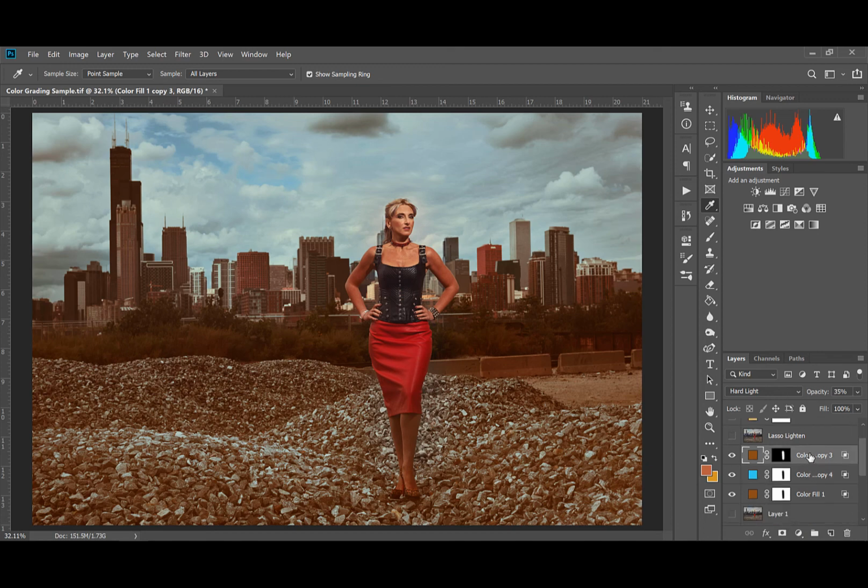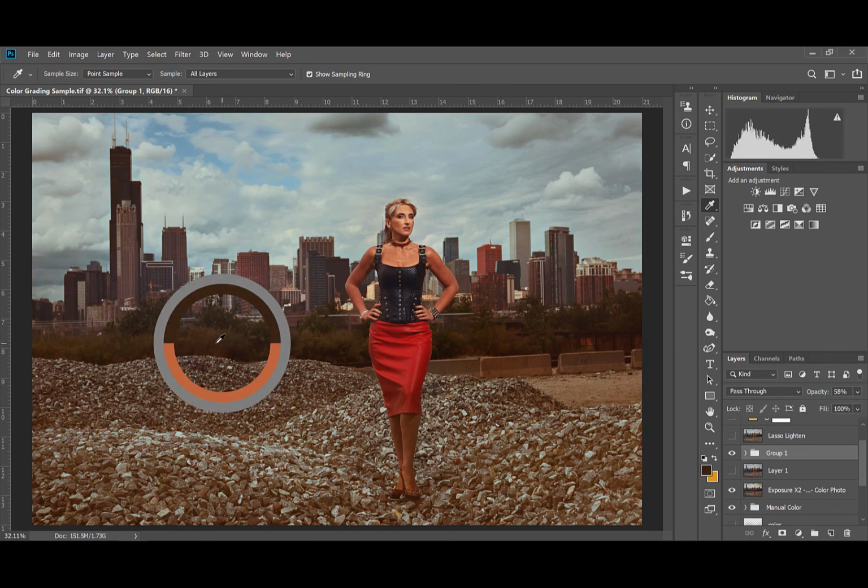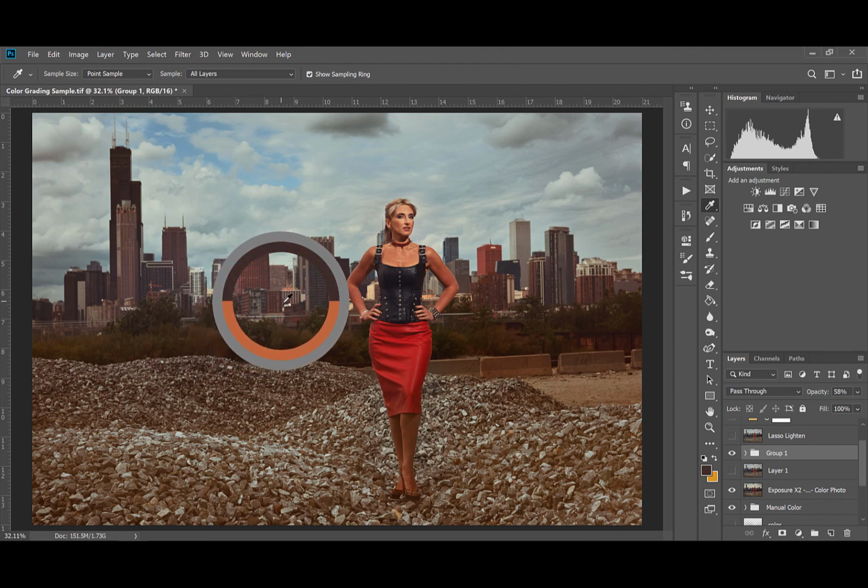So then I will take these layers, we'll group them together, and probably just reduce the opacity quite a bit on the entire thing. So now if we look, we can see that there's a little bit of brown all the way through these greens, and that color just kind of continues, this brownish green, a little bit of blue up here. Again, I would play with this a little bit more, but this is just an easy way for you to get started. I don't think that you need to resort to using a lot of actions and presets